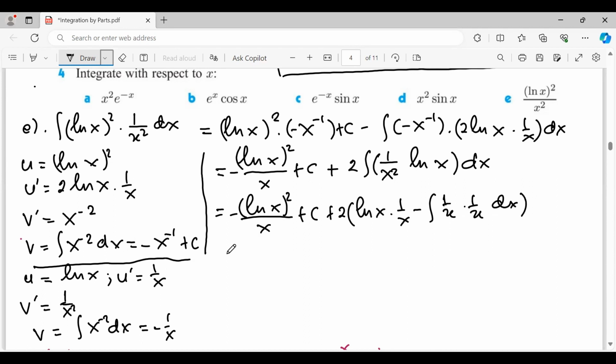So it is ln x squared over minus x plus c, plus